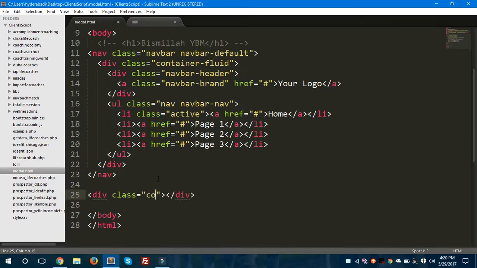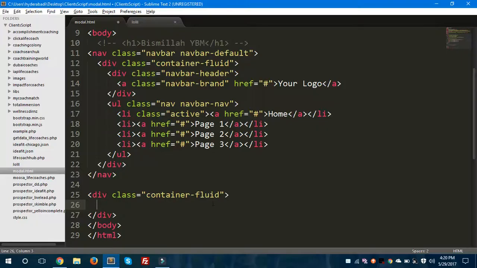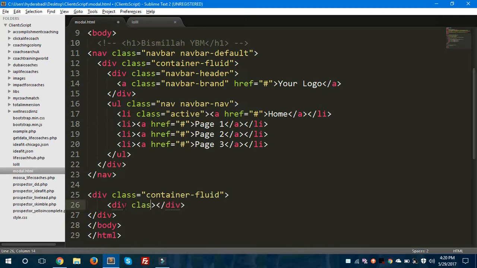So here we go. Let's take a div tag and give it a class called container-fluid. As you all know, container-fluid is a class which takes the full width, 100% width, in your browser. As you can see here, this navigation bar is taking full width. If you take the container class, then you might get 15 pixels padding from left and right. So I would suggest you take container-fluid, and inside this container-fluid I'm gonna take another class called